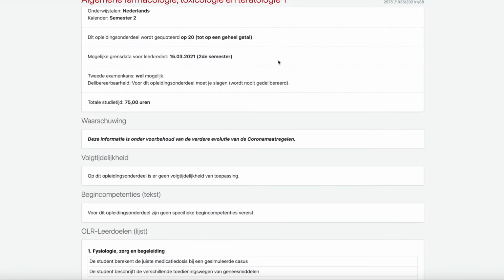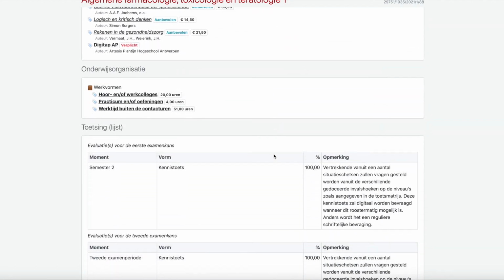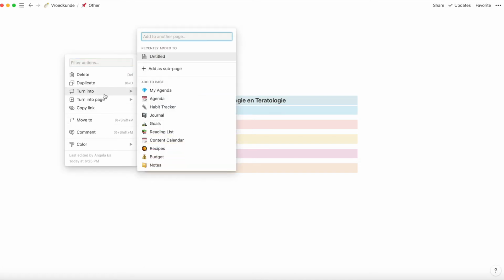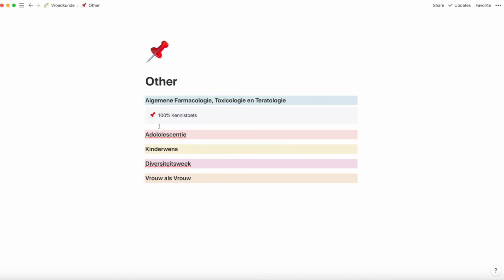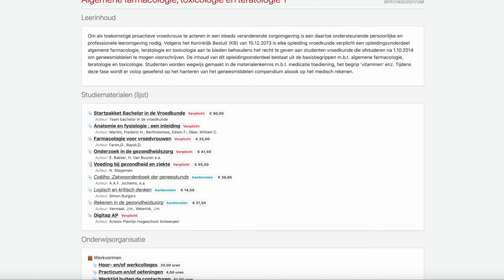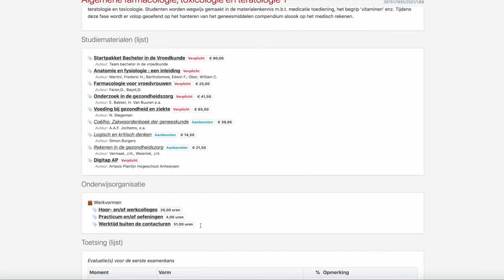Here I am searching up how the examination will be so that I can put it in there. I turned it into a callout because it looks cooler. Also, how many hours we have classes and how much I need to study for this course.